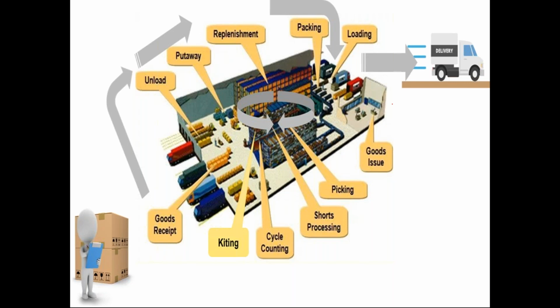Now, let's say, for example, you're receiving a consolidated box. When I say consolidated box, in one box, you have 3 items. So customer has sent the box, vendor has sent the stock, box itself. You have received the box, you have unloaded the box. After unloading, since it has 3 products, I need to break the box and repack it, because basically I wanted to keep them in a packed format, repack them, and then place the stock in the different locations.